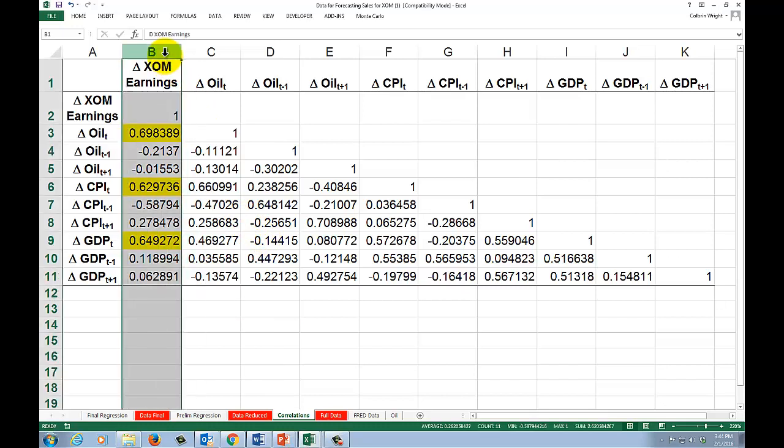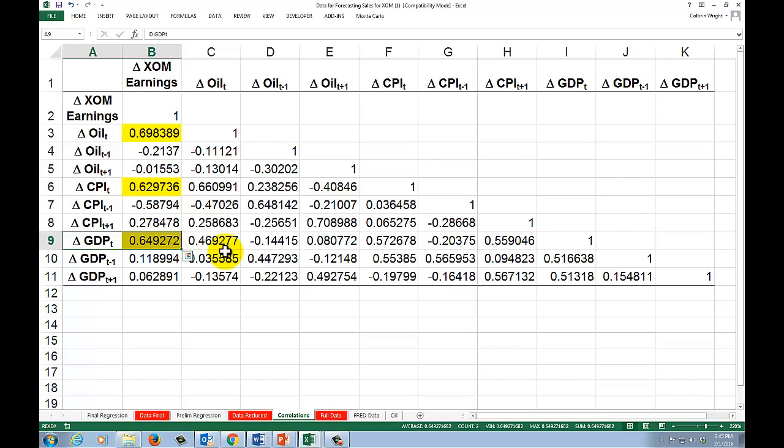So this is the column we want to focus on. ExxonMobil earnings, the delta in ExxonMobil earnings relative to these other potential drivers. There's good news here. ExxonMobil's earnings don't really seem to be correlated with any of the time shifts. T minus 1, T plus 1, T minus 1, T plus 1. All of the time shifts have pretty low or negative correlations. However, the contemporaneous change in oil prices has a pretty positive correlation with ExxonMobil earnings. We thought that would be the case. Inflation also has pretty positive correlation, as does growth in GDP.